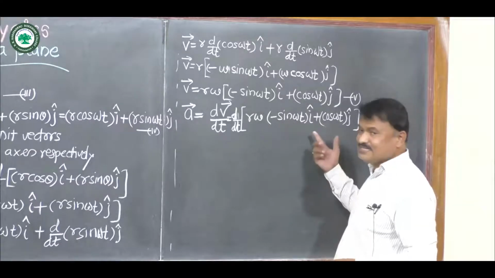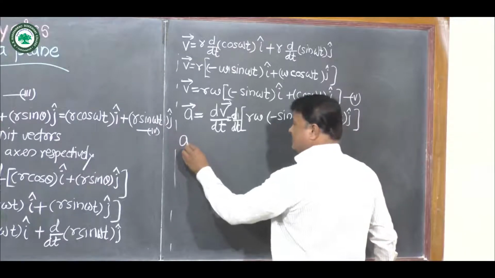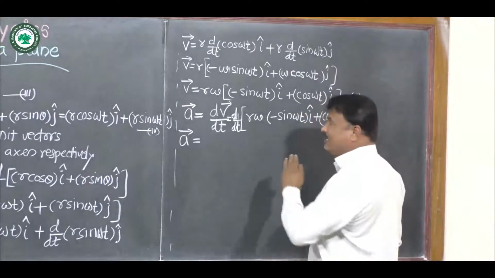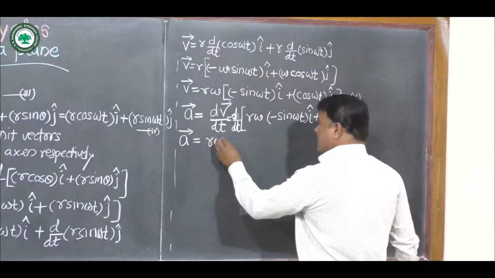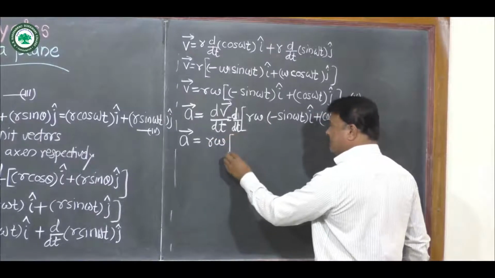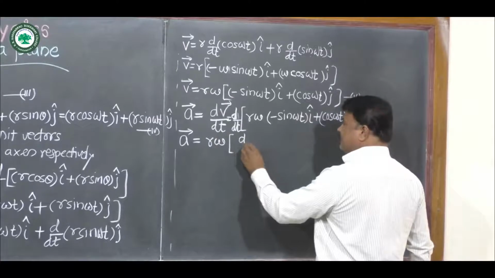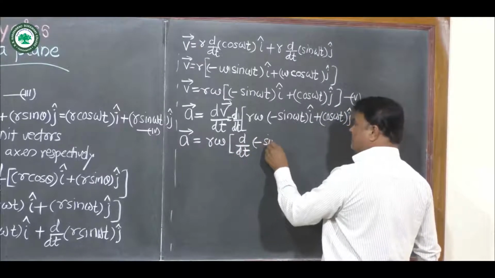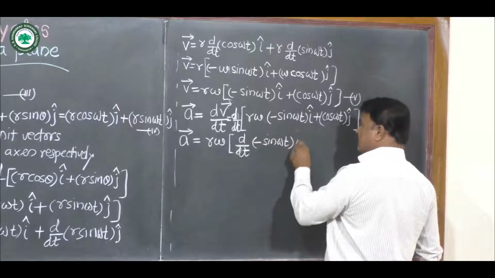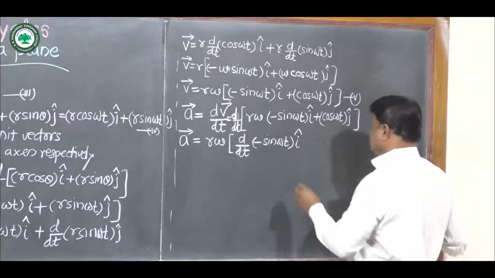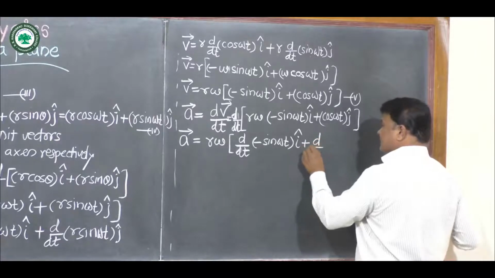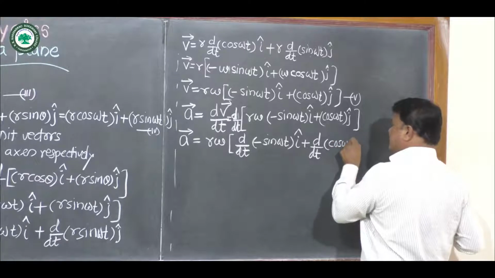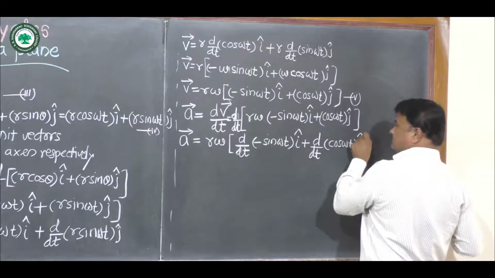So by separating this derivative, we get vector A is equal to r omega, which is constant, so take it out of the derivative: r omega, then in bracket d by dt of minus sin omega t i cap plus d by dt of cos omega t into j cap,